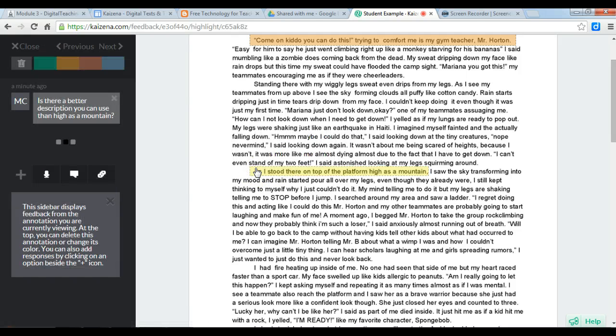And here she has another written comment. You can change the colors of these comments so that students know the difference between an audio comment and a regular comment. Once it's loaded,